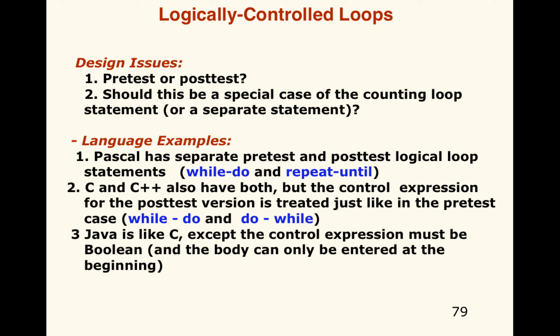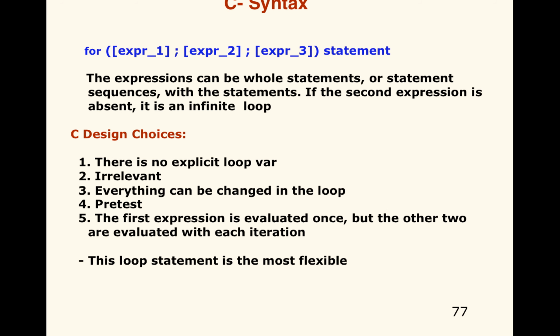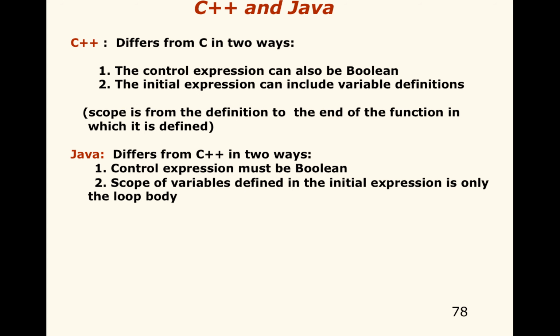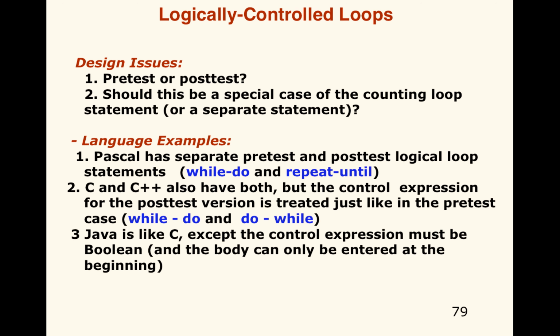So those were the counter-controlled loops. For is an example, the for loop. You also have the for each. You have different variations of the for loop, not to give you the impression that this is the only counter-controlled loop that exists. This is an example of one. In other languages, you have for each. You have different variations, but it's the for loop in general. The logically controlled loops are the do while. They come in two sets. You've got the do, or you get the while. You also have repeat until, two different words used for the same thing.